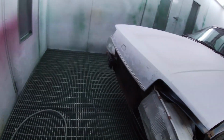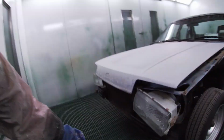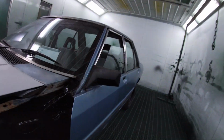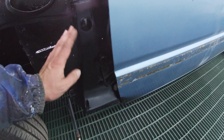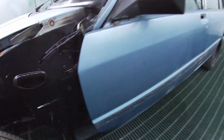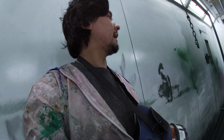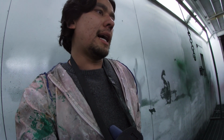But while I'm here with the spray gun, my real thing is that I wanted to spray these because they were looking pretty crappy. I was ignoring it, so I'd actually marked it out, taped it off. I was going to spray that the body color, but I thought, we'll see how we go. So what we're going to do now is the door jambs,